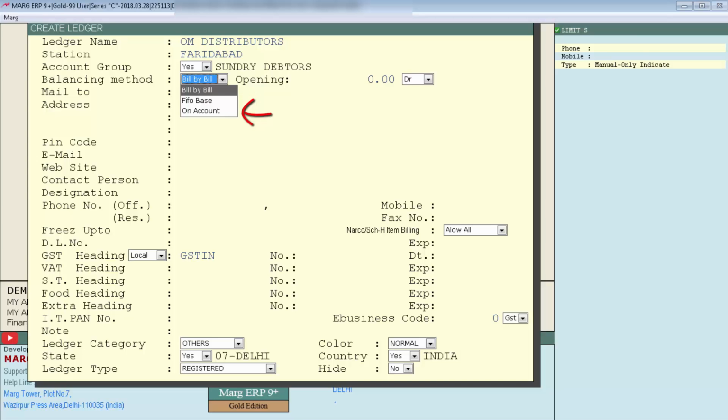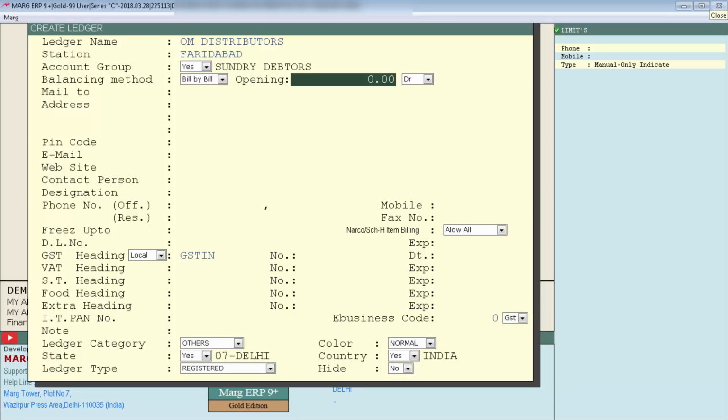The third option is on account. In this, it does not maintain the outstanding of the party, and when you receive the payment from the party, it will not display against which bill you have received the payment. So you have to see in the ledger of the party how much amount you want to take from that party. We will take bill by bill here, press enter.